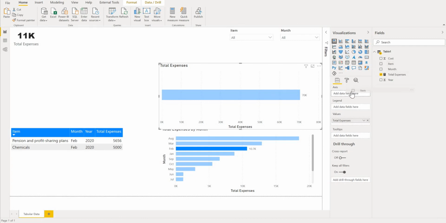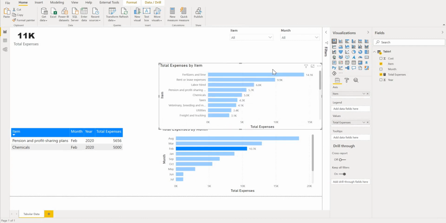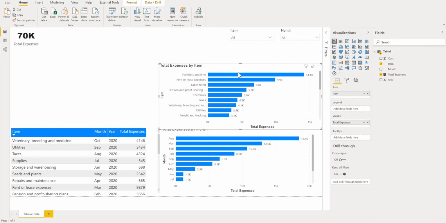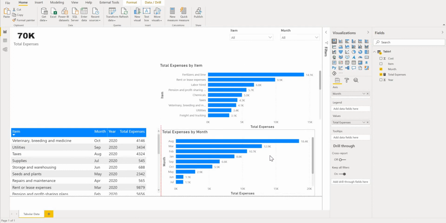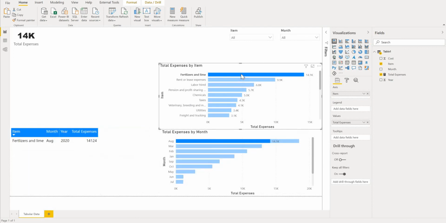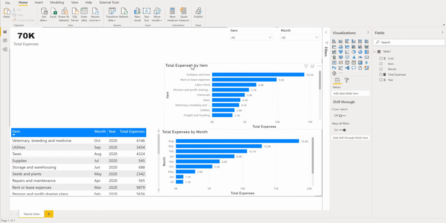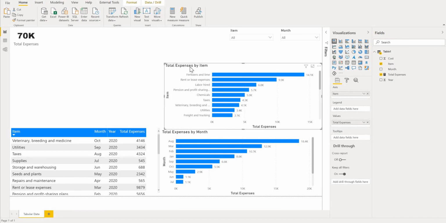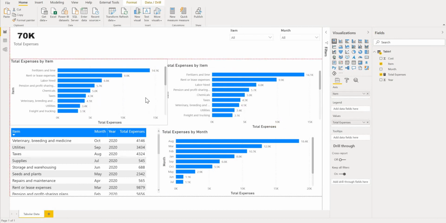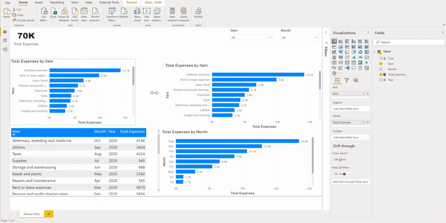So we bring item there, and now we can see that's the fertilizer, and the fertilizer is the one we spend a lot of money on, and we can highlight that. And this will show you how much on the fertilizer, 14K. And this, it was the month of August. That's where you spent 14K. You can see how interactive it is once you highlight on that again, and then everything goes back to default again. Highlight, Control C, Control V,